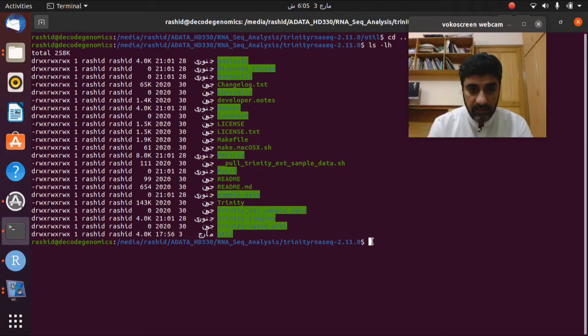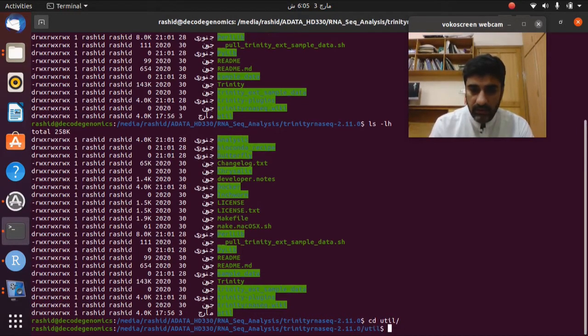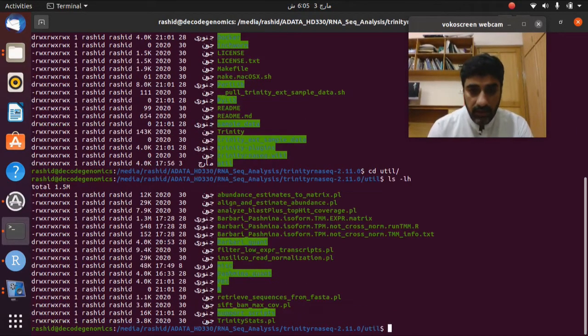ls -lh, so here, and then we will go into the util. Okay, here in util, this is the file that we are going to use as input for this step number 7. So this is the file that we have to move.